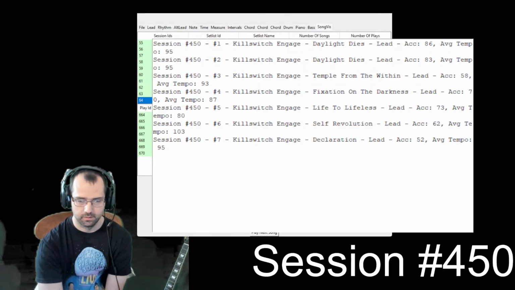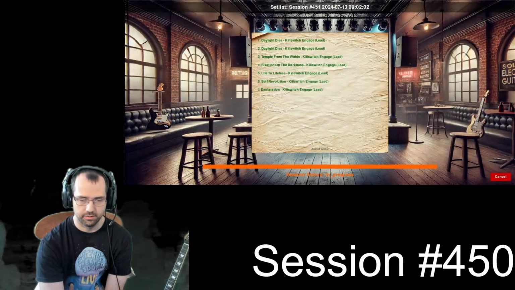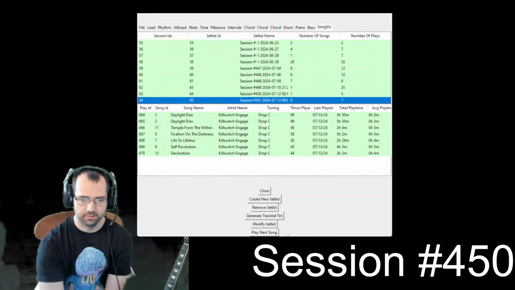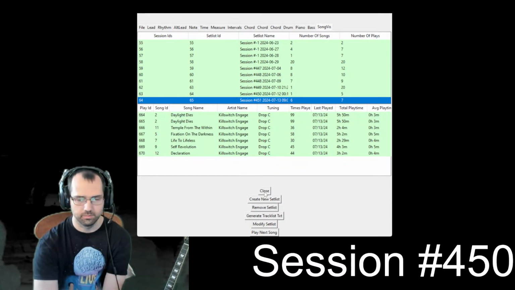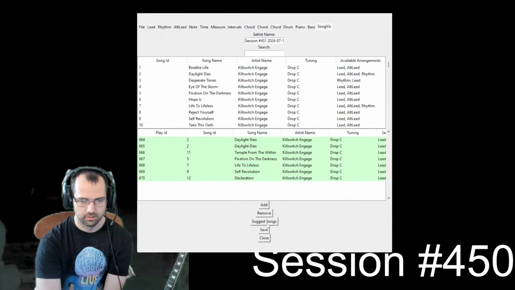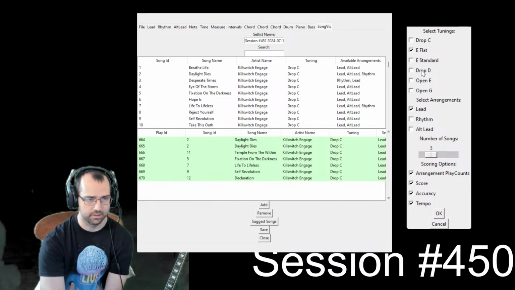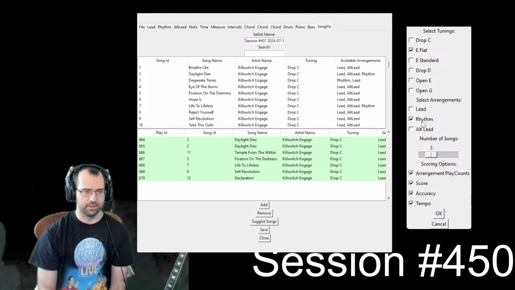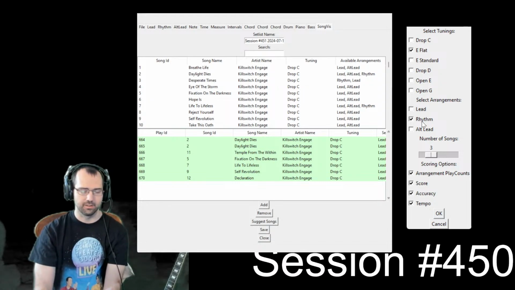Okay. Got the track list down. The set list is still in progress. And we are gonna do something else. We're going to modify the set list. We're gonna suggest songs. We're gonna say E standard. We're gonna play some rhythm because it's less stressful than lead, especially after playing 7 Kill Switch Engage songs in